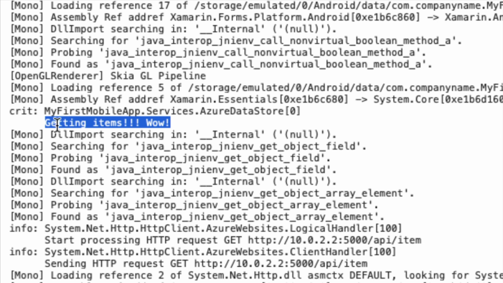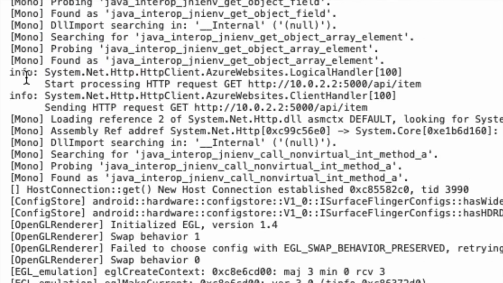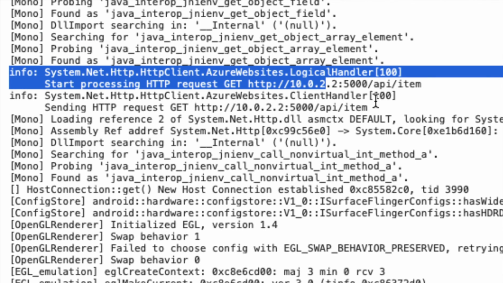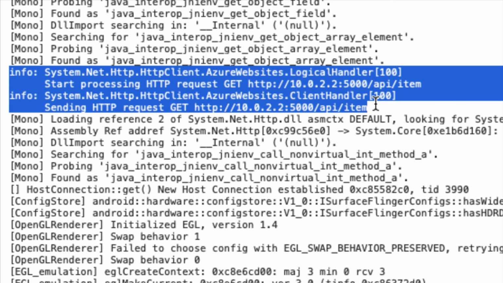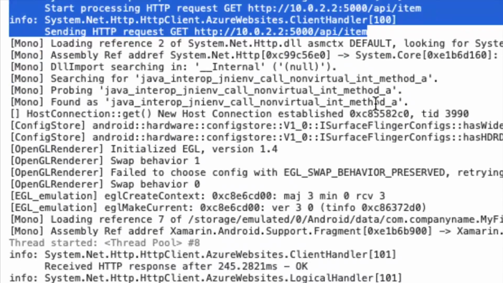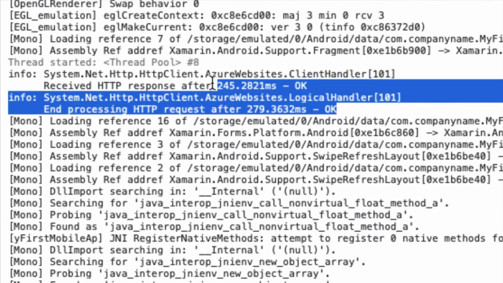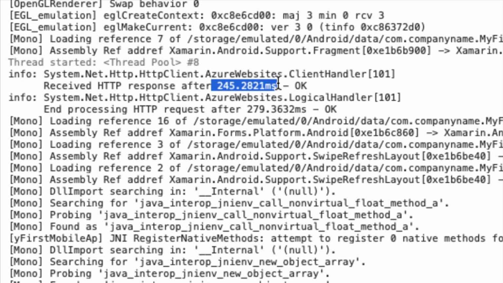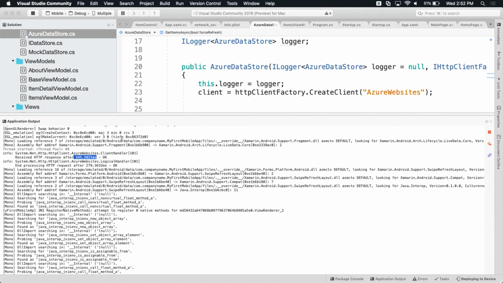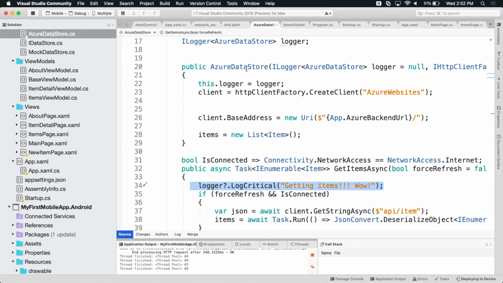So right here, you can see I'm logging out that it's getting items. And with zero effort at all, HTTP client factory for the win. It tells me how long the HTTP request took, automatically did retries, and takes care of disposing it at appropriate times so that you don't have to keep one around forever or get socket exhaustion from taking too many. Magic.